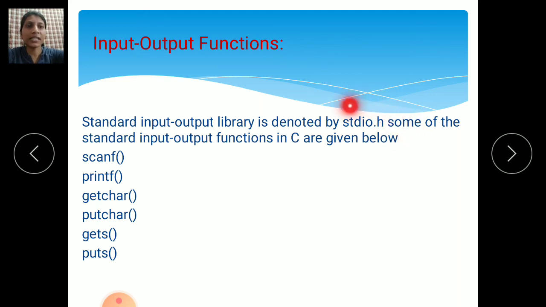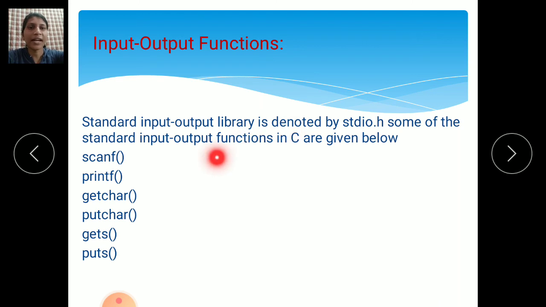This is a standard header file. std means standard input output. Whatever standard input output functions you are using, write down the standard header file, stdio.h. If you are using these standard input output functions in your program, you should write this header file. This header file will support all these input output functions.